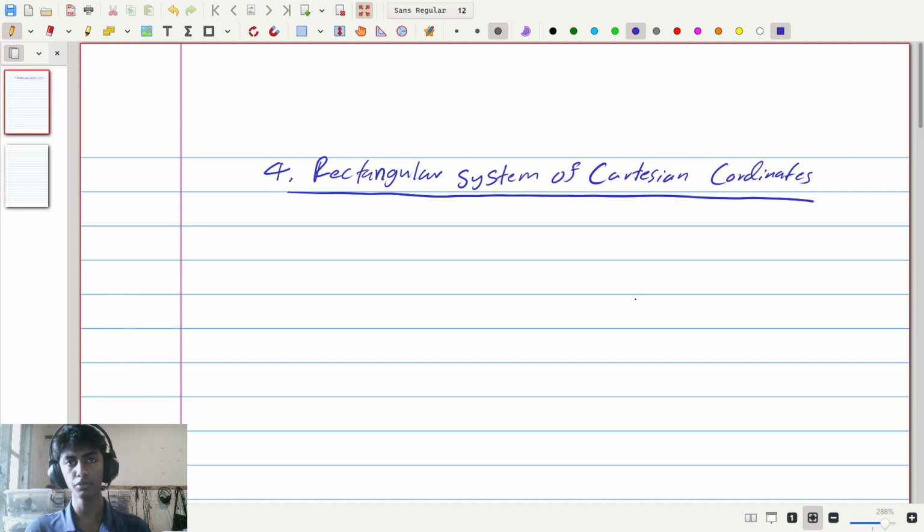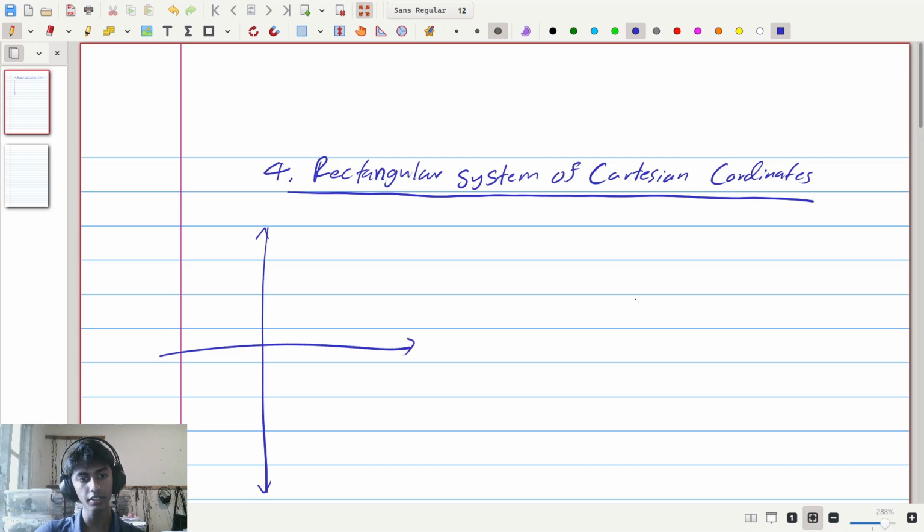Hello and welcome to lesson number 4, Rectangle System of Cartesian Coordinates. You are familiar with this and you have been for quite some time. However, I don't think you ever called it by this name. The rectangle system of Cartesian coordinates is the coordinate system where we have the two axes, the y-axis like this